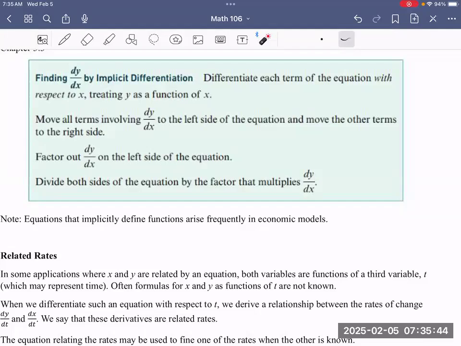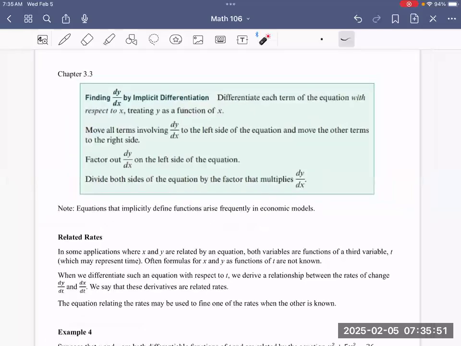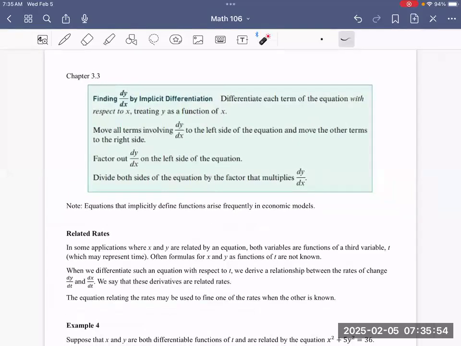Now, equations that use implicit differentiation are a lot of these economic modeling problems. So move on to chapter 3.3, part 2, where we talk all about related